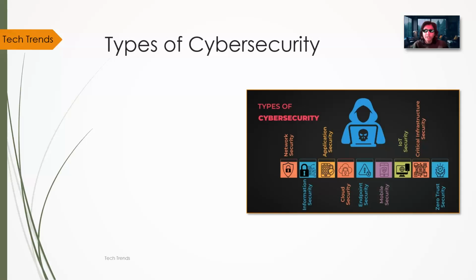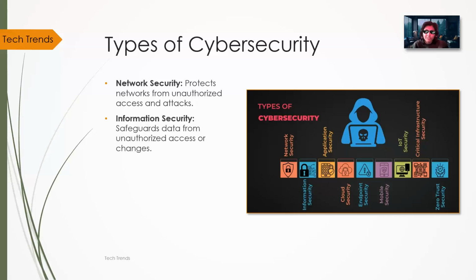Then we have types of cybersecurity. First one is network security. This is like the fence around your device. So let's say you're connected to the Wi-Fi. Are you connected to the Wi-Fi securely? If not, what are the steps that you take in order to be securely connected to the internet? Network security comes into the picture with that. So firewall rules and stuff like that are based on it.